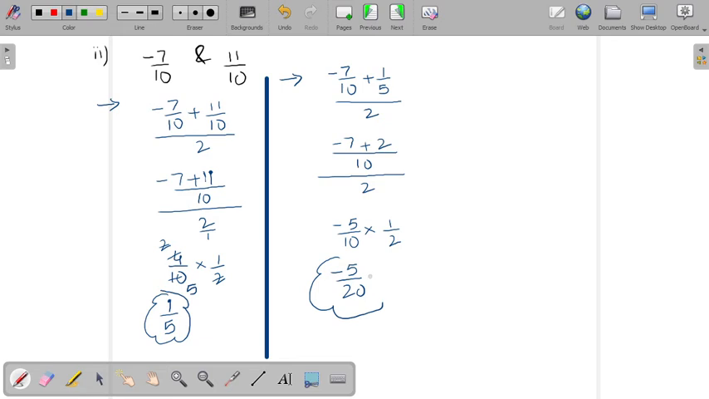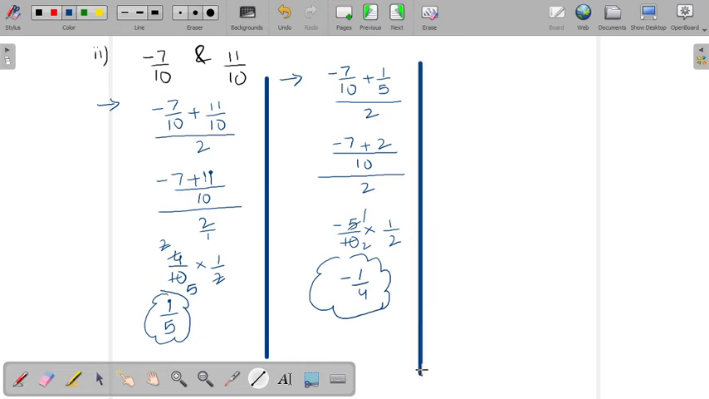Minus 5 by 20, or this can be cancelled out also. So what will we do? ये आपका cancel हो जाएगा. So minus 1 by 4 will be the next rational number. Next rational number. Okay. Now, to find out the next number,